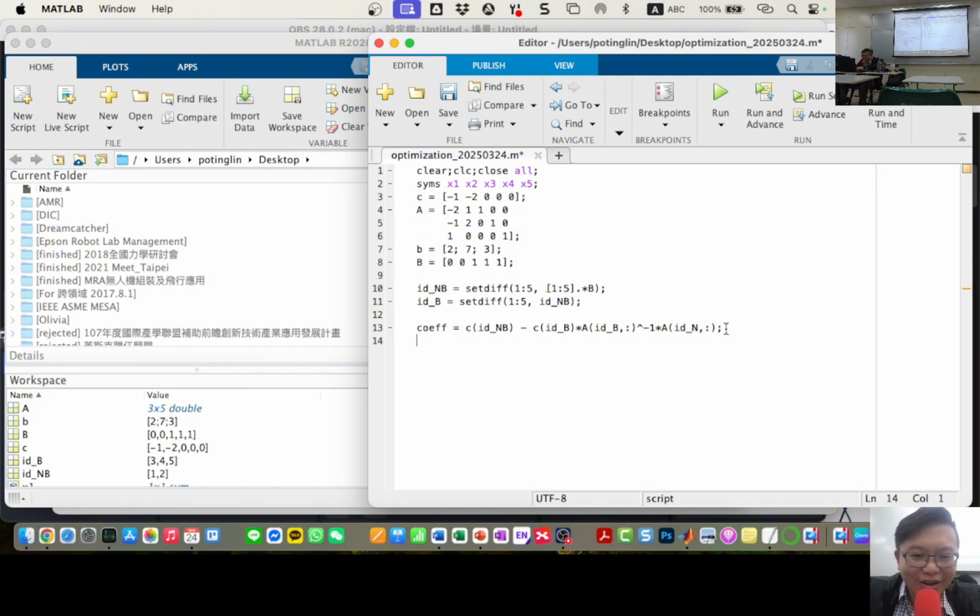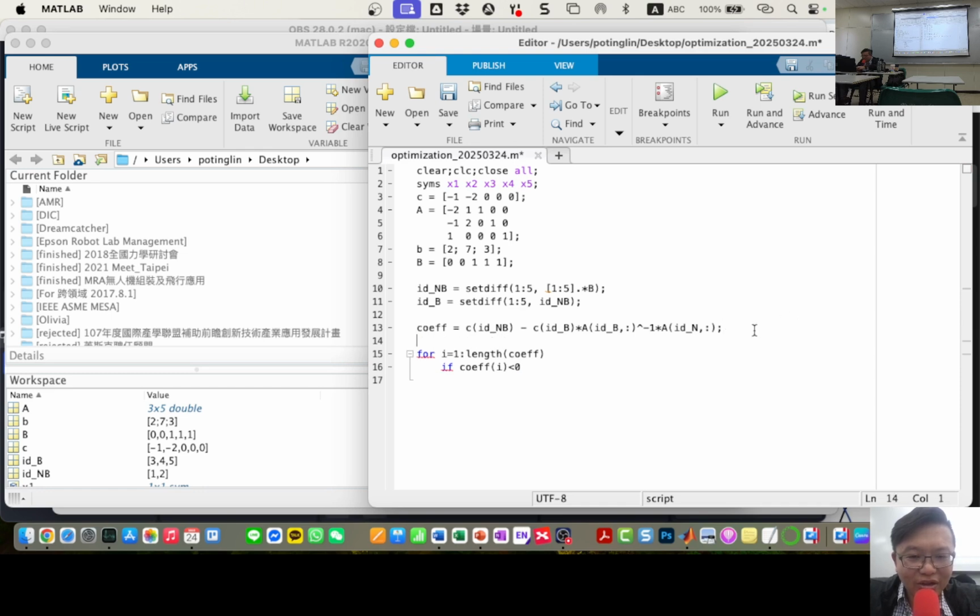So for I equals 1 to length of coefficient, if coefficient I is smaller than 0, that means it's negative, then I will keep,